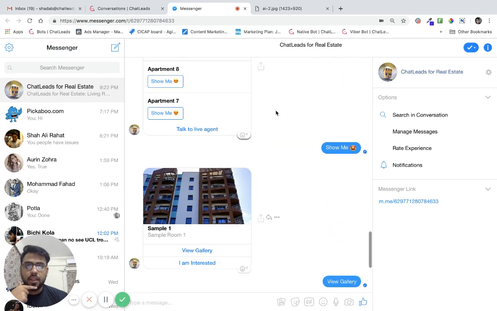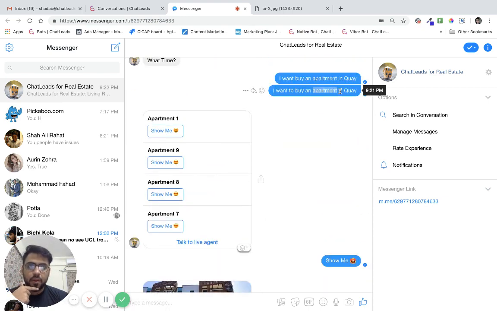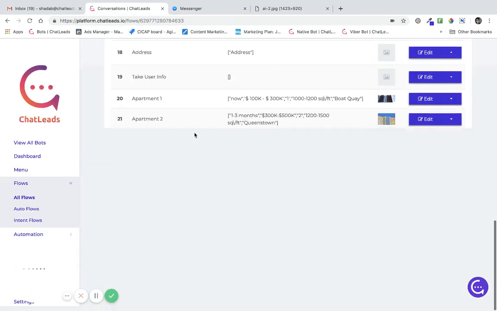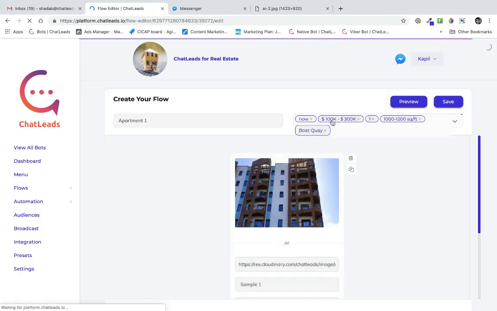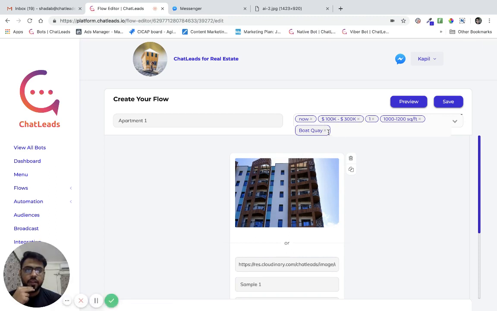But the idea is that I want to buy an apartment in Quay. And so this is the list of flows. It's a simple table format, a really simple interface. So you go and see apartment 1. If I go inside edit, I have certain tags, like this fits certain criteria, and you see the location here. We've only entered this location here as